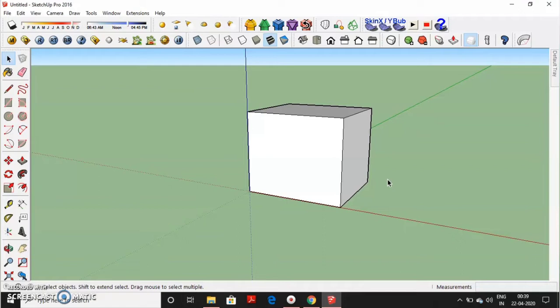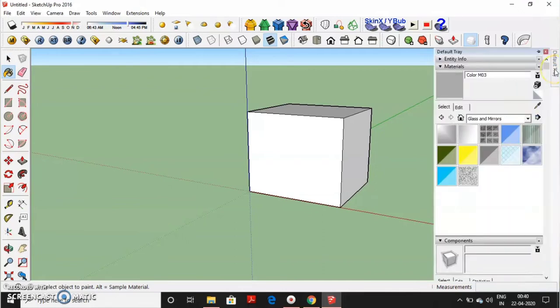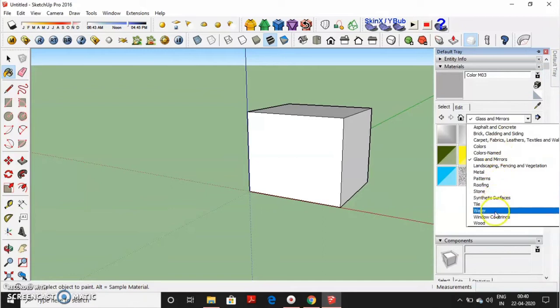To input any material on the cuboid, press B. This will activate the bucket command. After activating the bucket command, SketchUp gives you these many options as a default: asphalt, concrete, colors, glasses, grass, metals, etc. So I will teach you from the initial.